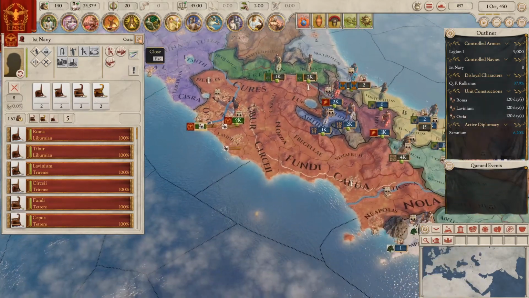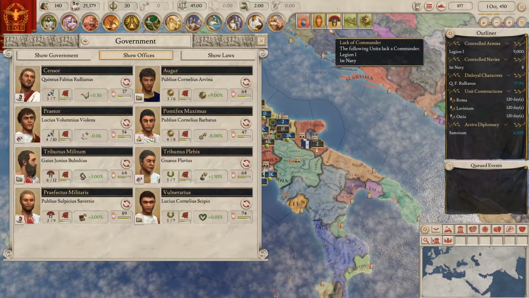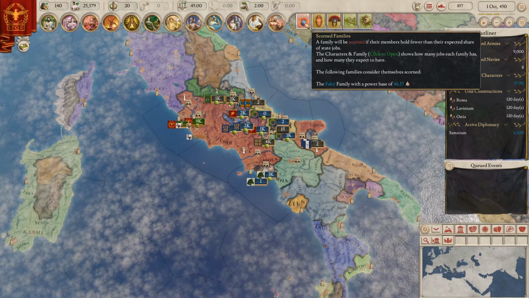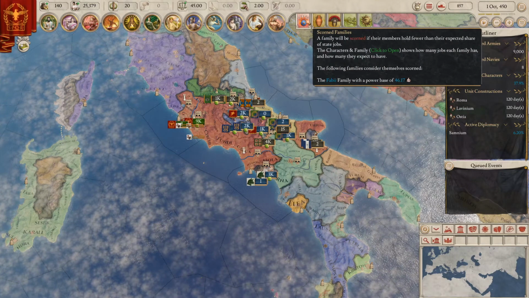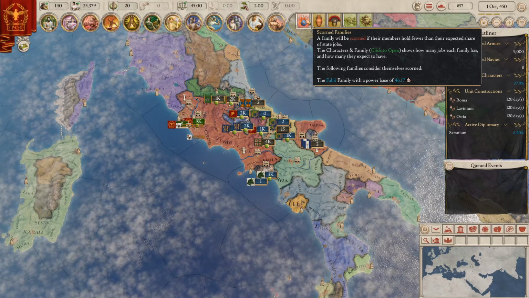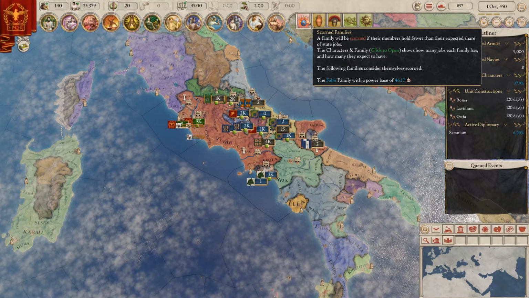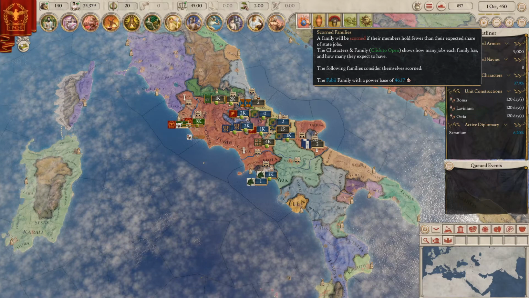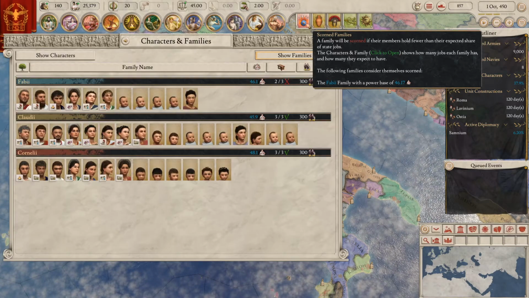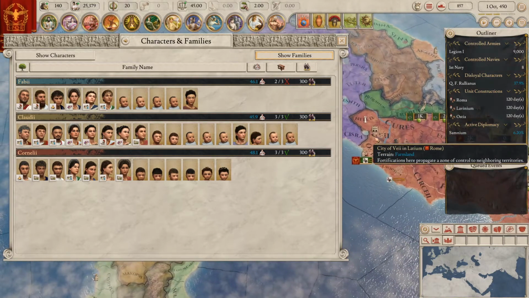Now, that actually popped up a different icon over here. And one thing you'll notice is they have different colored backgrounds. Anything that's red, you want to try to handle immediately. That means something bad is happening, such as a scorned family, civil war could potentially break out, a rebellion, all sorts of things. This, luckily, is the easiest of all of the things to take care of,